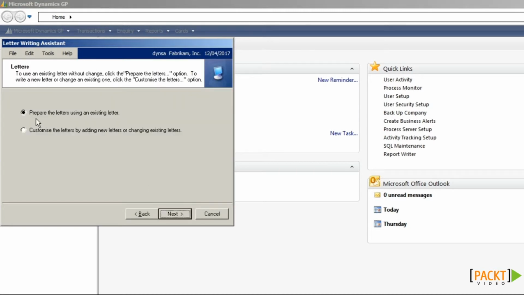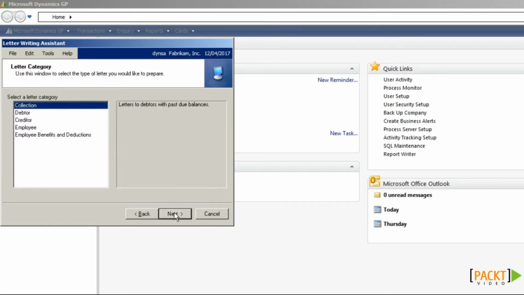So if we say next, we have a choice to prepare using an existing letter or customize letters by adding new ones or changing existing ones. In this case, we'll prepare using an existing letter and say next. We'll have a creditor letter,